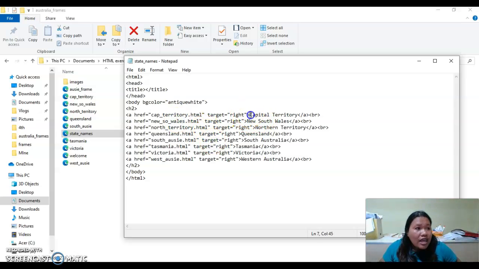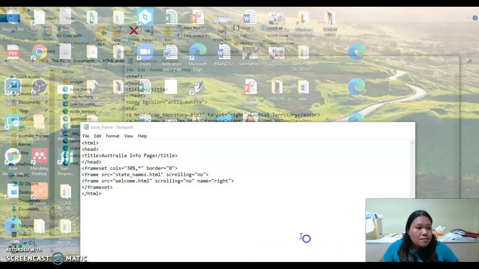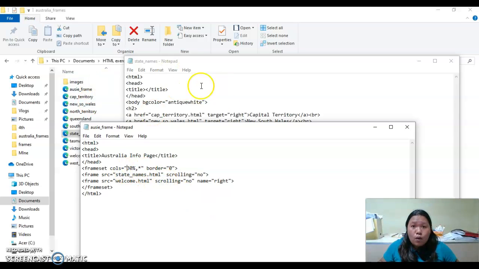So after that, what would be the names here? Then close the anchor. Okay? Do it in the same way. Do not forget the target equals right. Understood? So in this Aussie frame, you can make your own percentage, okay? You can create your own.